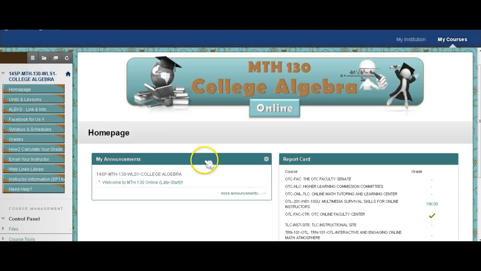This is our home page and things are going to look just slightly different because this is the instructor view. So this is my report card of all the classes that I'm in, but the classes that you're enrolled in will show up here. And your announcements, you'll want to click here to read any announcements that there might be. Now, over here on the left are all the buttons that you'll need to make sure you click on and